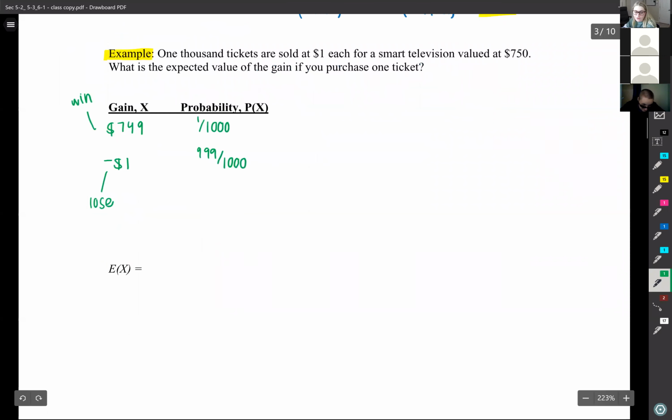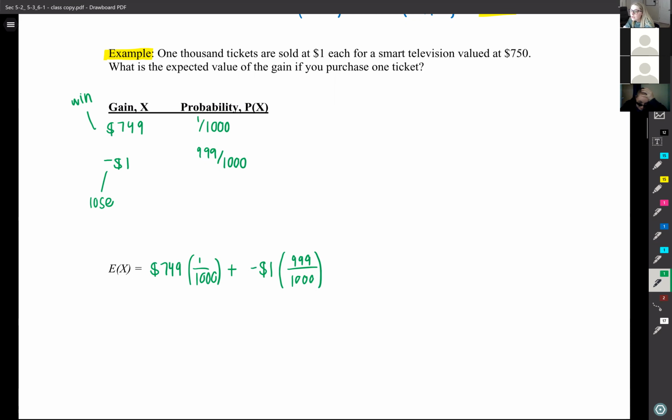Okay, so the expected value, we're going to take the first value of x, which is $749, multiply it by 1 over 1,000, the probability that I gain that much money. And then I add to it and multiply it by negative $1 times this probability 999 over 1,000, which is the probability that I lose, and I lose $1. Okay, so if I plug this into my calculator,